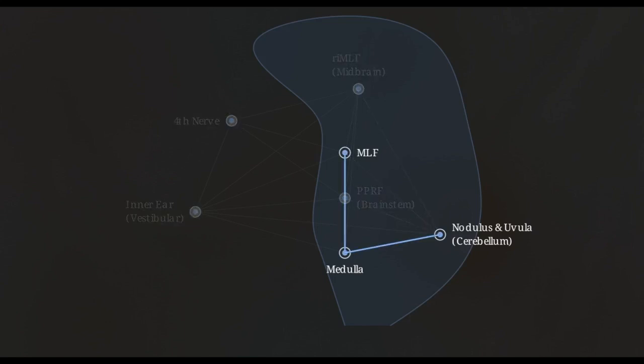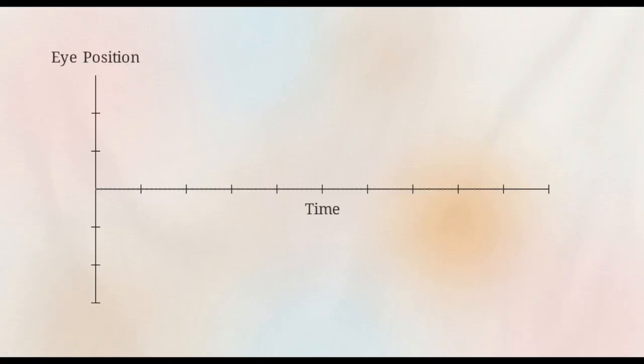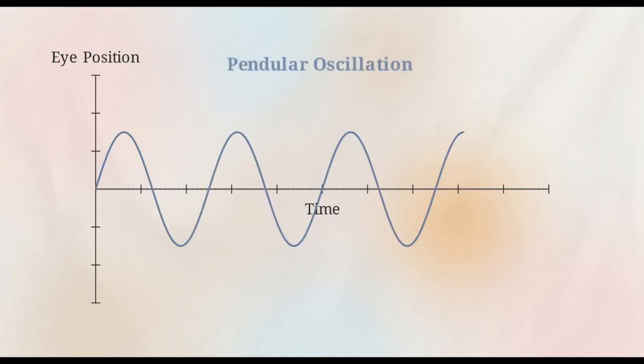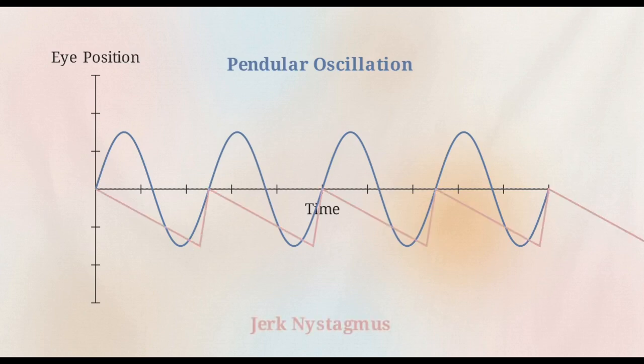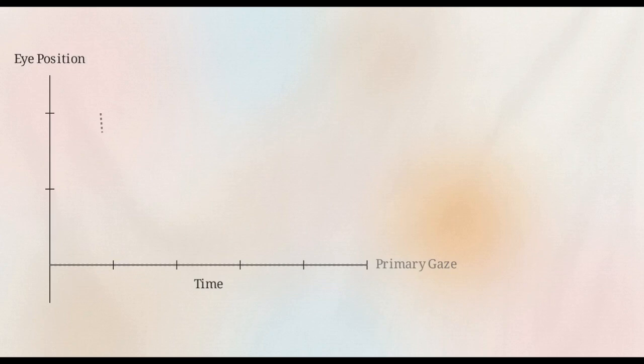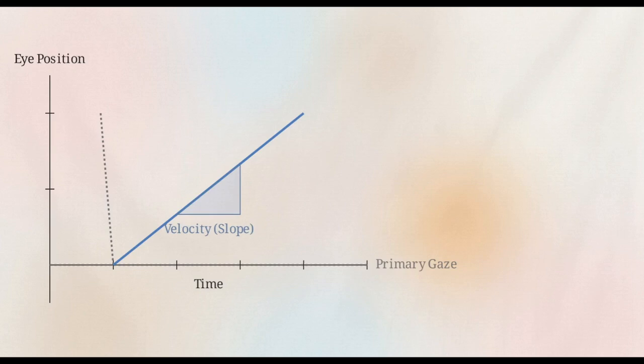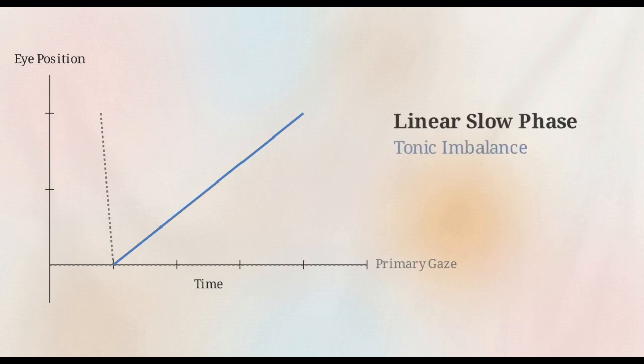begins. This graph plots eye position over time to distinguish between pendular oscillations, which are smooth and sinusoidal, and jerk nystagmus, which follows a sawtooth pattern. In jerk nystagmus, the slow phase, the velocity of the eye as it drifts away from the target, provides the data necessary for localization. A perfectly linear slow phase indicates a tonic imbalance, typically arising from a defect in the